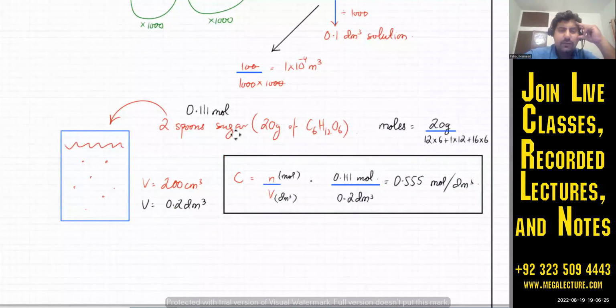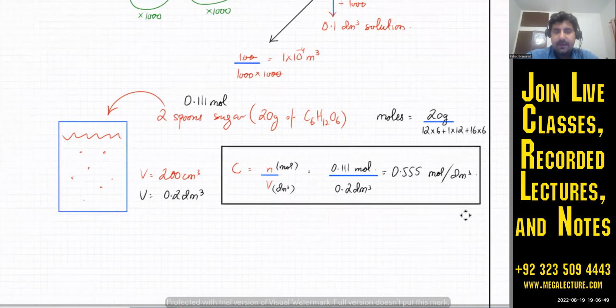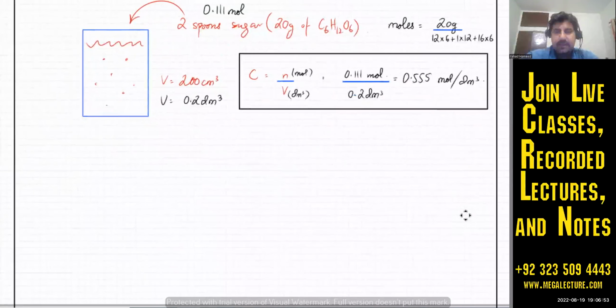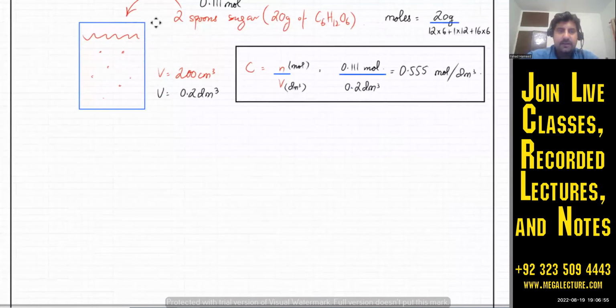जिसके अंदर I added two spoons of sugar, which I said was 20 grams of glucose. I found out that it had these many moles by dividing the mass by the Mr. So I found out the moles. And that sugar was added to 200 cm cube of solution, which is 0.2 dm cube. So 0.111 moles were added to 0.2 dm cube. So it came out to be 0.555 mole per decimeter cube. तो ये हमने कल किया था कि you can figure out the concentration